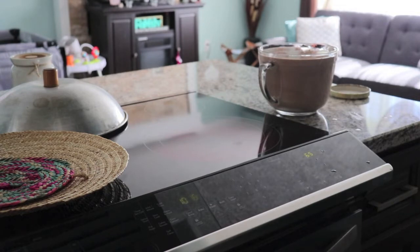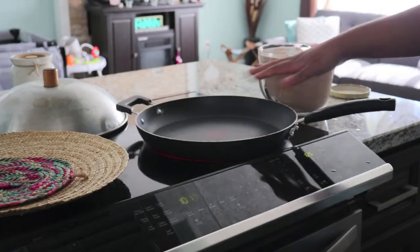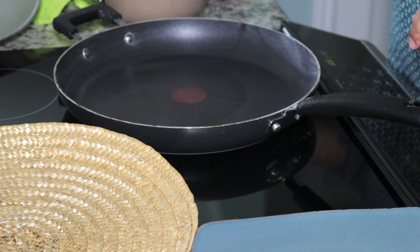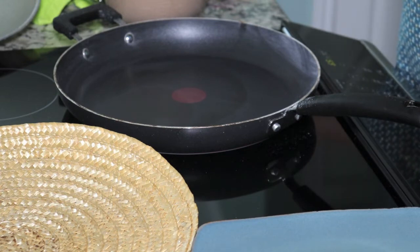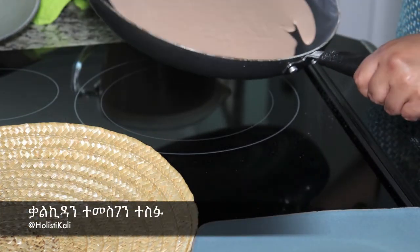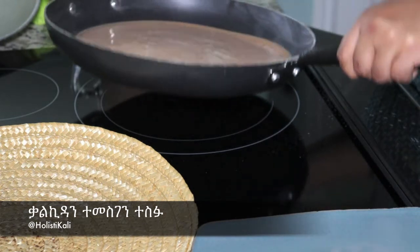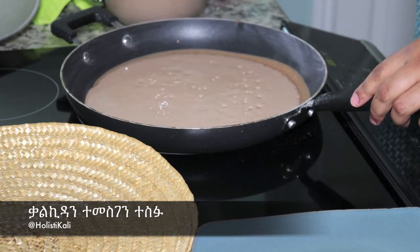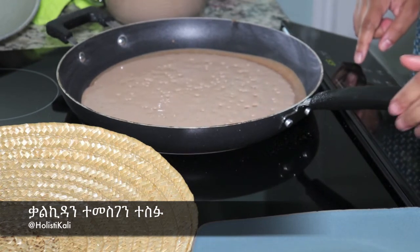But for now I'm going to preheat at a medium high so 6.5 and I'm going to remove the baking soda from the pan. I'm going to let it heat up a little bit. Once your pan is heated, take half a cup of injera dough. So ግማሽ ኩባያ ሊጣችሁን አርጋችሁ ትጋግሩታላችሁ እኔ እንደዚህ ባንዴ ገልብጬ ማሽከርከርን ነው የምመርጠው ከጋለ በኋላ እሳቱን መቀነስ ይቻላል